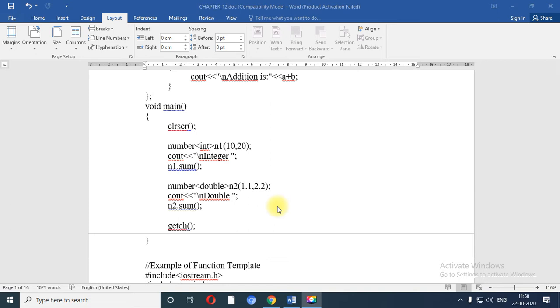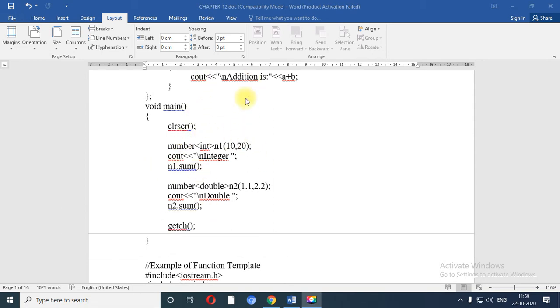So for such a purpose, instead of creating two different sorting functions, you just need to create a single sorting function with the help of a template. So in future when you call the sorting function, at that time you just need to decide the data type of sorting and you can perform your task with the help of a simple sorting function.